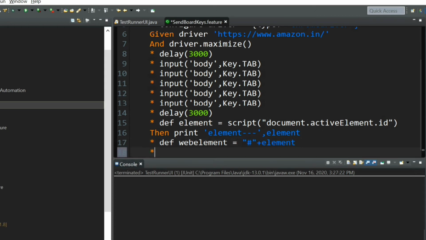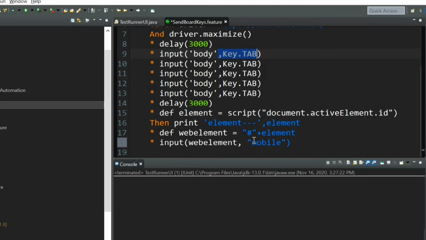So this will be our web element locator. Now what we can do, we can pass our input keyword, that is input of, it should be web element. The left argument should be the element locator, and the next should be the search keyword. So here you should use quotes, okay? But if you're passing the keyboard keys, you should not use any quote. Fine.